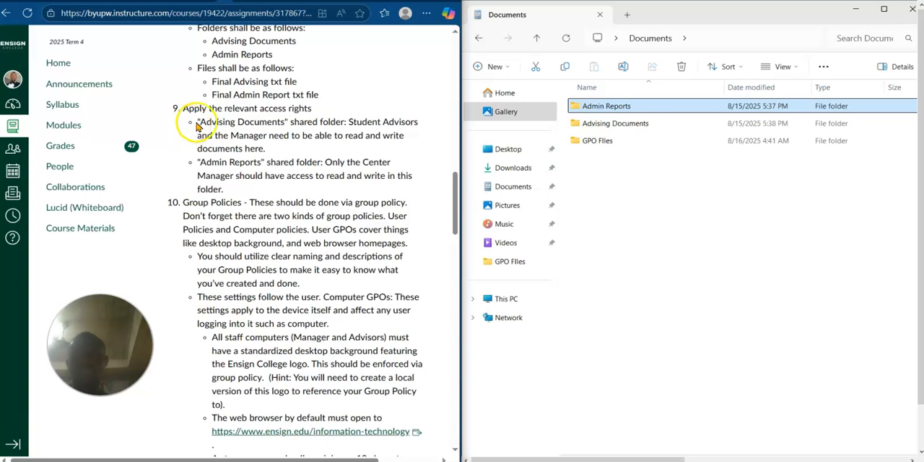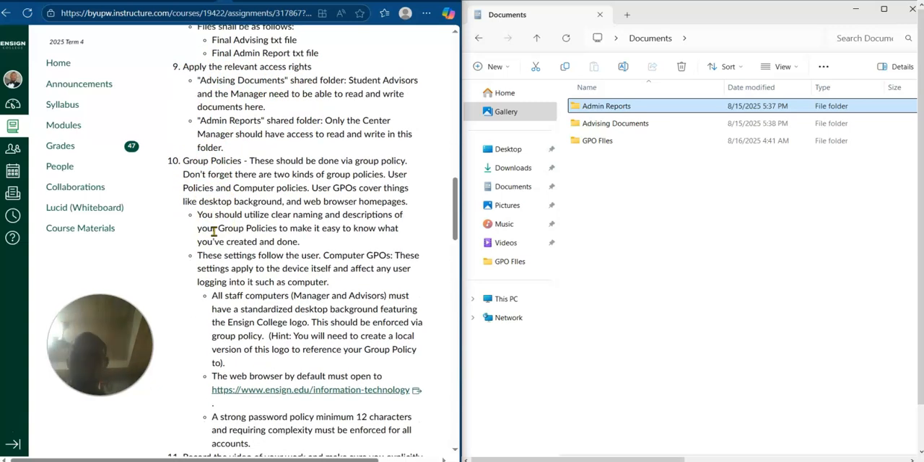So I think we are done with stage 9. Okay, so the 10th instruction actually tackles the group policies. Okay, so what this means is that